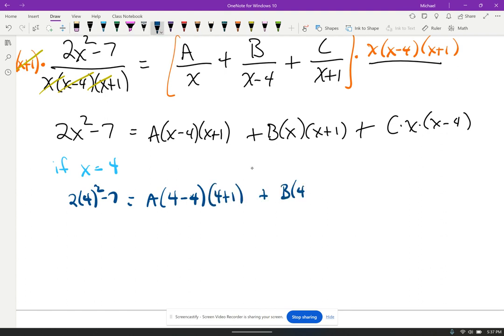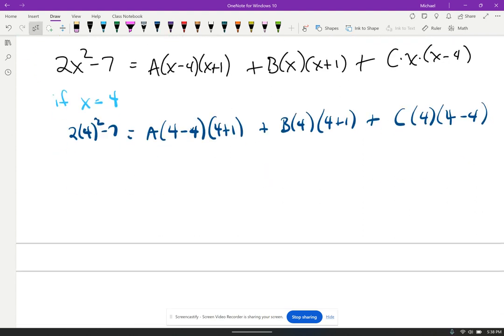So I'm substituting a 4 wherever I see a variable. What am I doing? I apologize. 4 plus 1, c times 4 times 4 minus 4. Because what's going to happen here? Well, anytime I have 4 minus 4, that's 0. And when I multiply it times everything else, that's going to go away. So really, I'm just left with whatever's here, which, by the way, would be 4 squared, which is 16, doubled, which is 32,